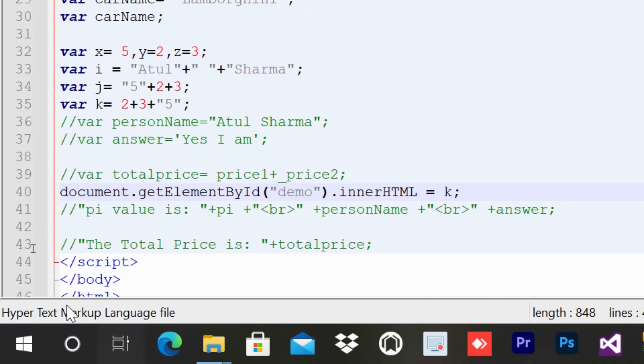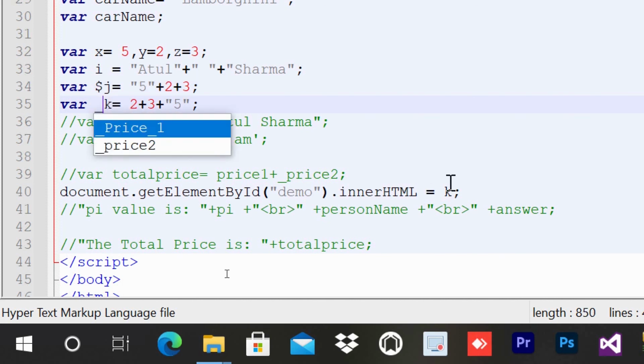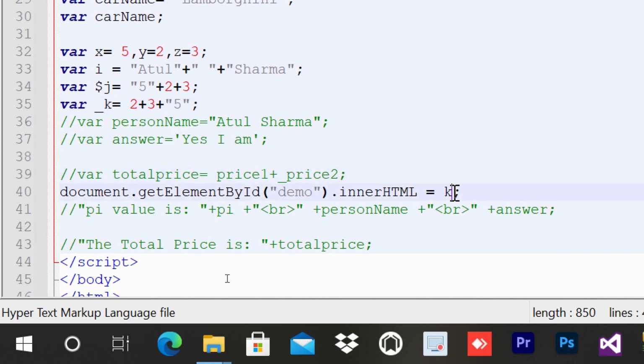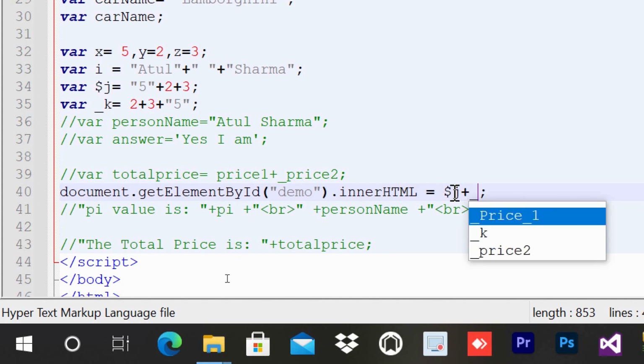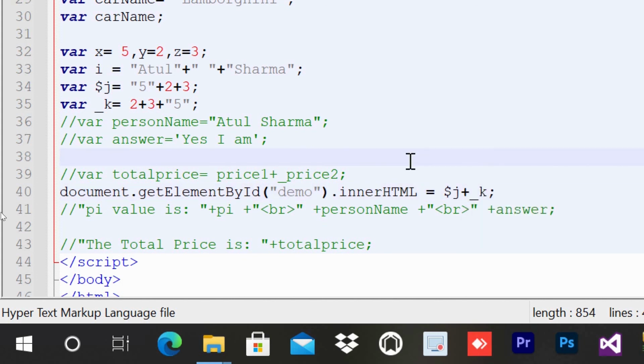Okay, so what I will do here, I will just put dollar here, and here I will put underscore. So if I do here dollar j plus underscore k, what will happen?